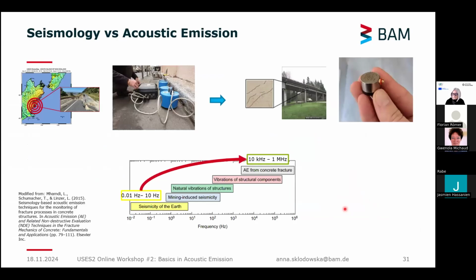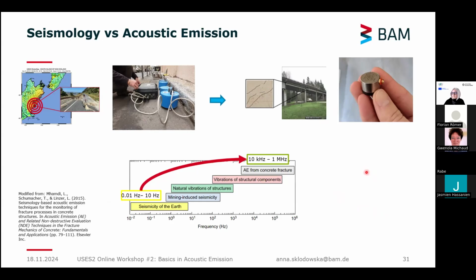And as you know, my background is in seismology, so to give you the general idea how acoustic emission fits in the context of seismology: as most of you know, an earthquake is a sudden movement of the earth's crust that generates elastic disturbances known as seismic waves. Those waves propagate spherically outwards from the source and vibrate the ground. Those vibrations can cause damage at the Earth's surface, which can then be correlated to the magnitude of the earthquake or the local conditions.